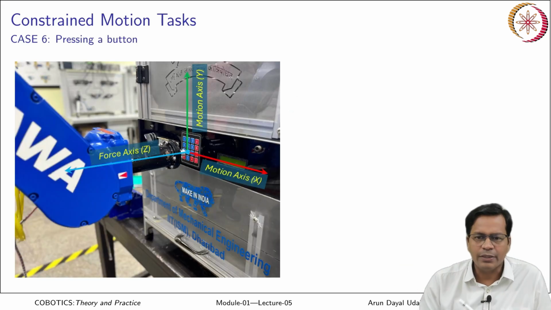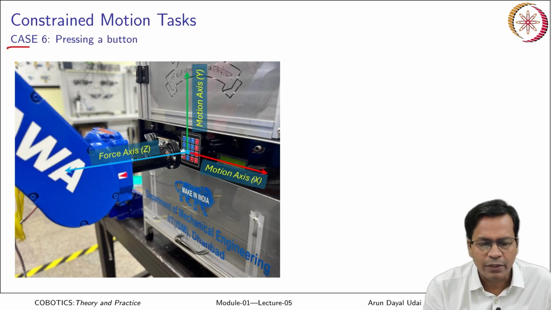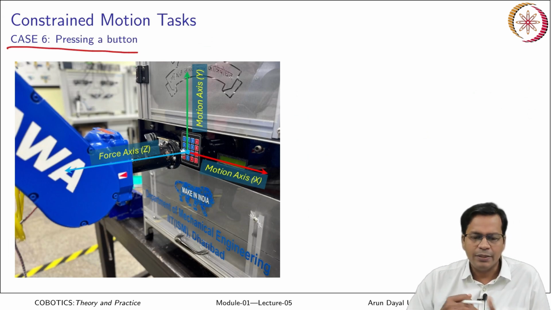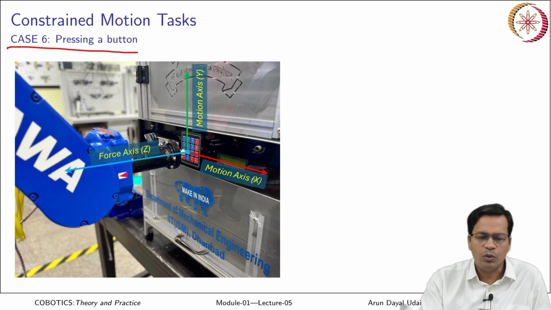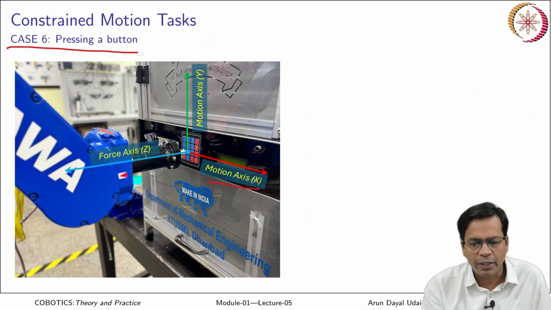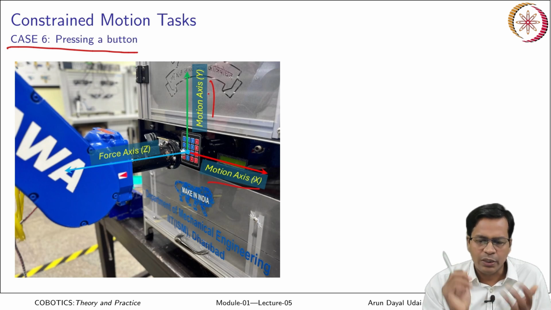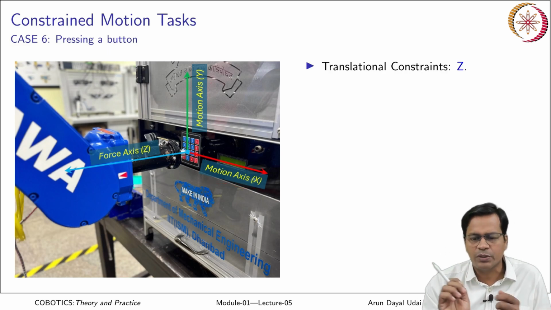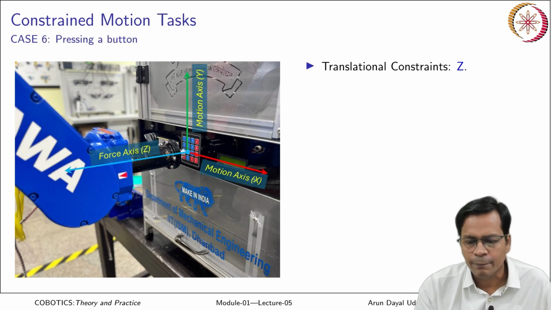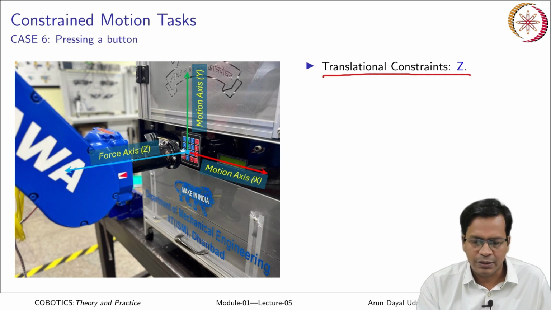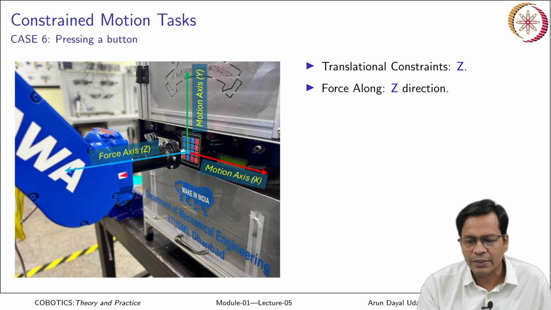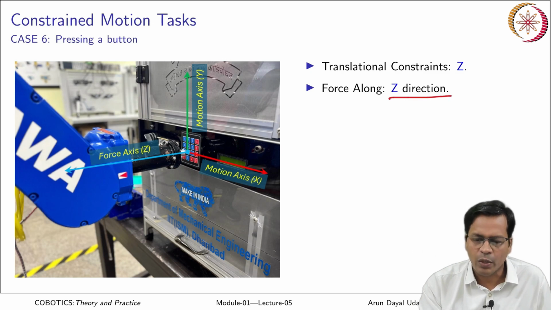Okay. Next one is pressing a button. Okay, pressing a button. So, again this is very much like writing on a board. You see, you have motion axis along x and y direction, and you have to maintain a small force perpendicular to the button in order to press it. But to reach vertically above this button could be vision guided. So, let us discuss the constraints here. It is translational constraint along z direction. Along this you cannot move, but yes, you can definitely lift it off the button. Force along z direction you can generate, and it is required.